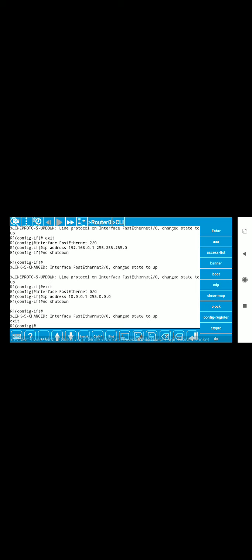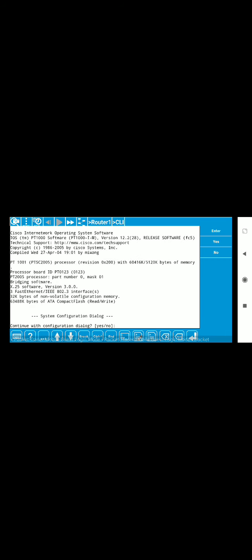Then similarly we have to configure our second router. Here you can observe FA0/0 is red because we have to configure the other end of this link also. When both ends of the link are up, only then will it turn its color to green.